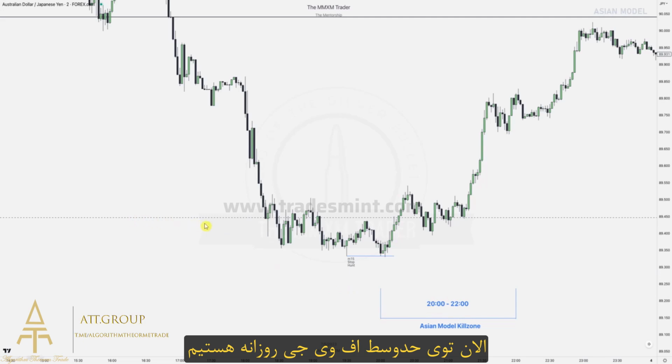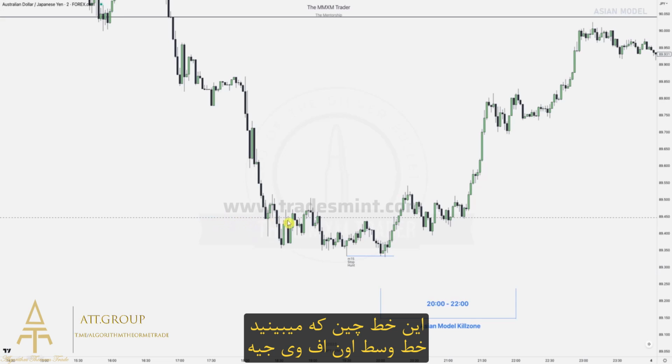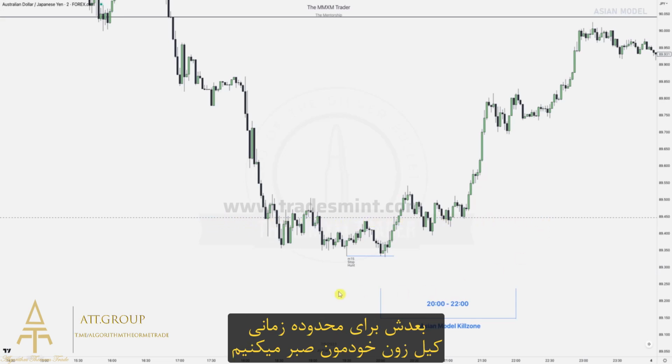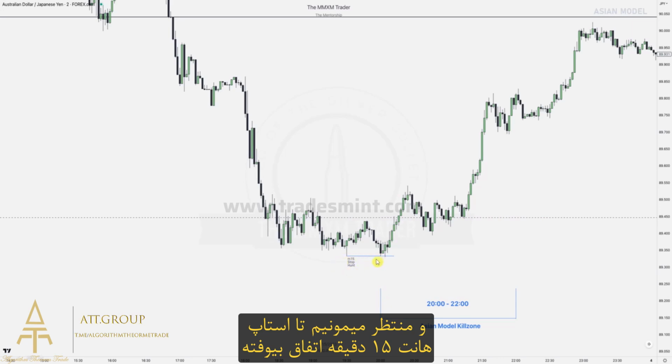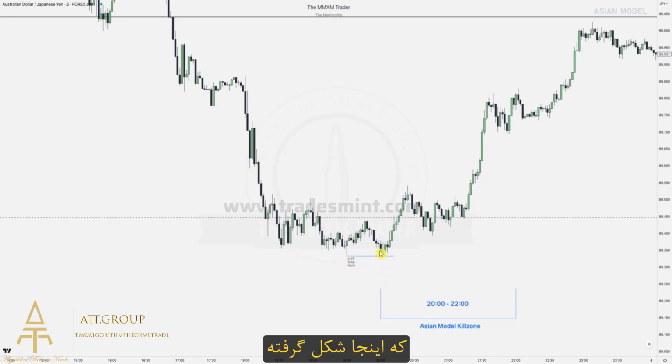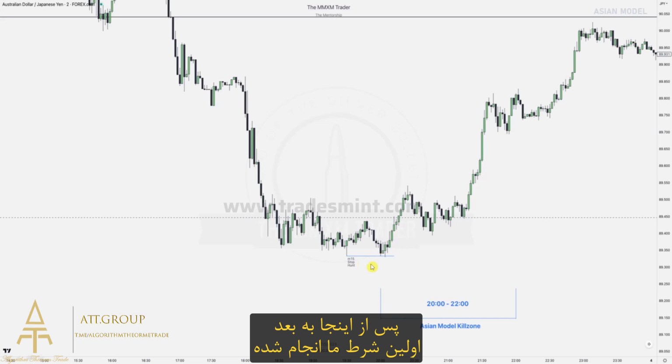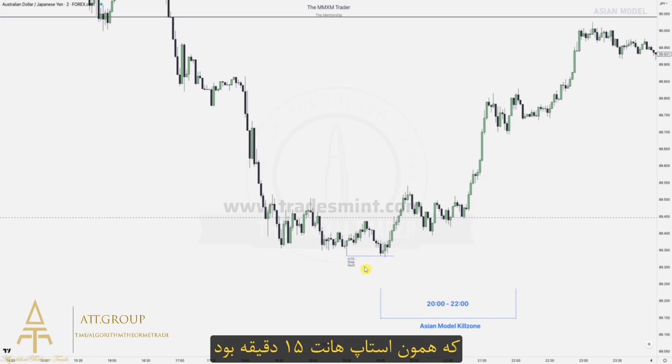Now we're in the CE of the daily fair value gap, right? That internal range liquidity. Over here is the CE line, that dotted line over here, and then we wait in our kill zone time, we wait for that 15-minute stop hunt, which happens over here, right? So from this point on out, now we know our first criteria has been met, which is that 15-minute stop